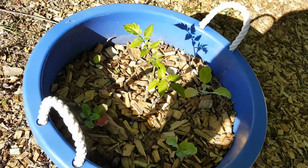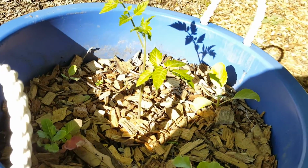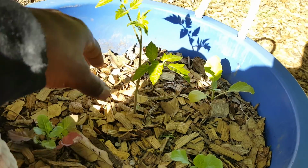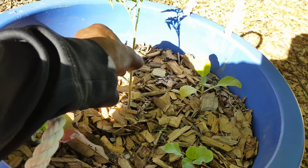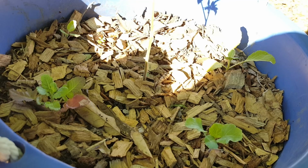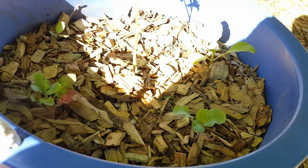Another container I have right here. I have a tomato plant. What tomato plant is this? I forget. Actually, I take that back. This is a blue creme variety. And around it I have cabbages and broccoli, which I'm gonna take out because these guys are not really